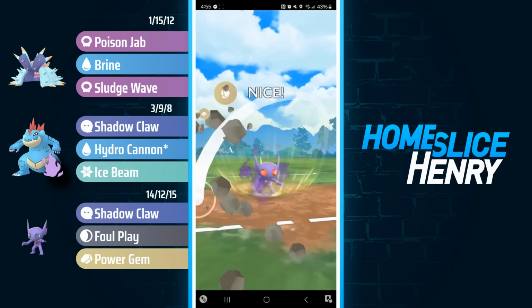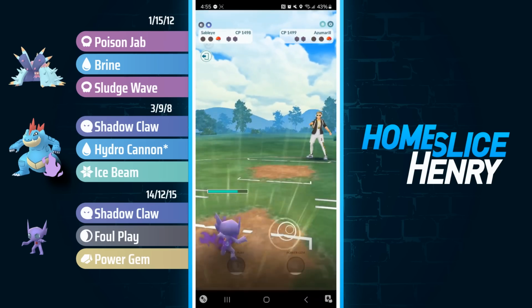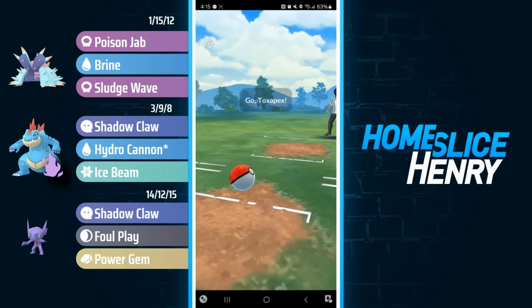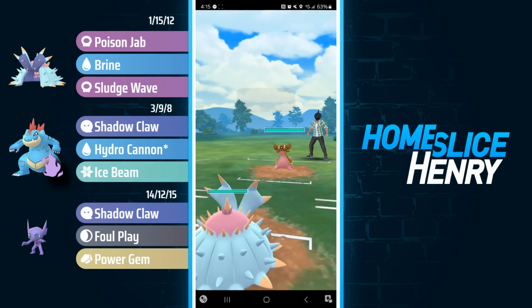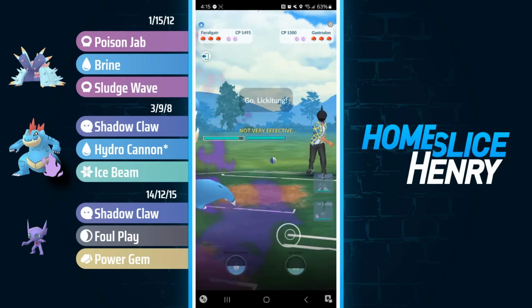Foul Play would have KO'd, but let's showcase that nice and cheap Power Gem as Power Gem knocks out Azumarill, and I'm able to take the win. We move to the next match, Toxapex versus Gastrodon, a terrible lead. Immediate safe switch into Feraligatr, and this opponent